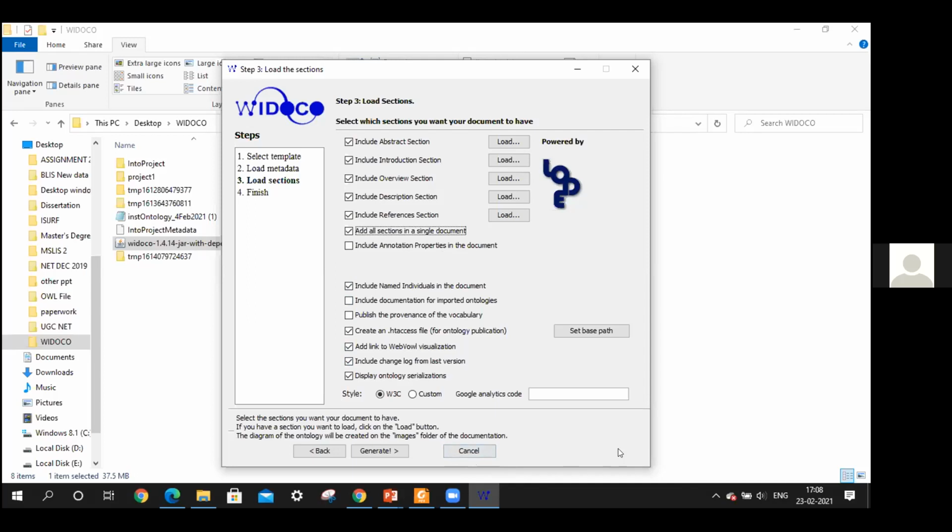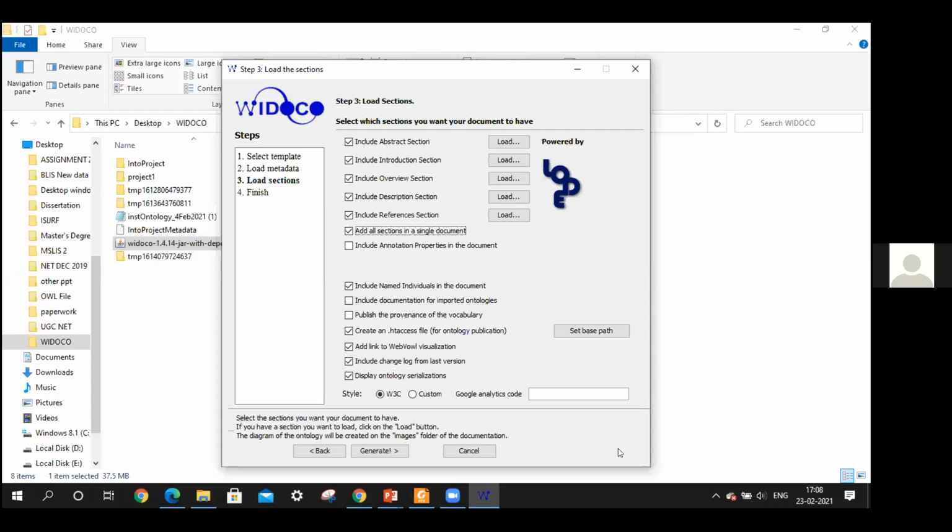If you untick it, and you try to open it in your local system, you will see that many of those sections like introduction, overview, descriptions are not available on your main index HTML page. And you would be really worried, and you will spend a lot of hours to find out the reason behind it.